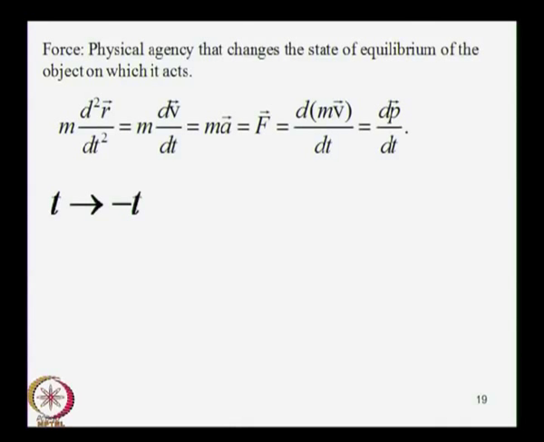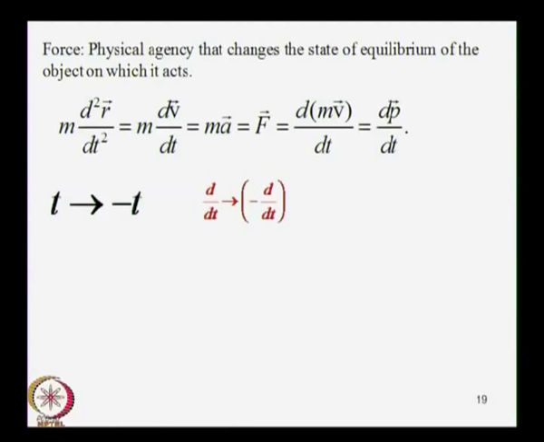So, we are inquiring the time evolution not from the present to the future, but from the past to the present, and you can ask this question by examining the laws of motion under what is called time reversal. So, you are letting t go to minus t in the equations of motion. Now, when t goes to minus t, the time derivative operator d by dt would go to minus d by dt,